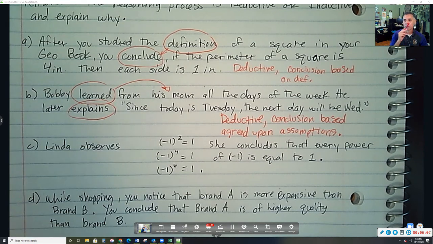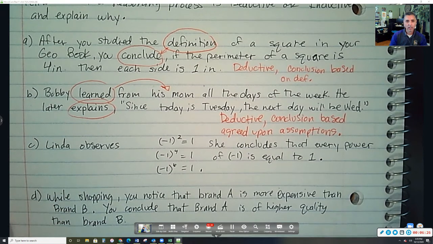I see a dog show up to my house every night for 5 nights in a row. Okay, so if I conclude tomorrow night that dog is going to be there, that's inductive because that's something I've seen. Nobody told me anything about it, or I didn't use a definition, which would be deductive. Okay,